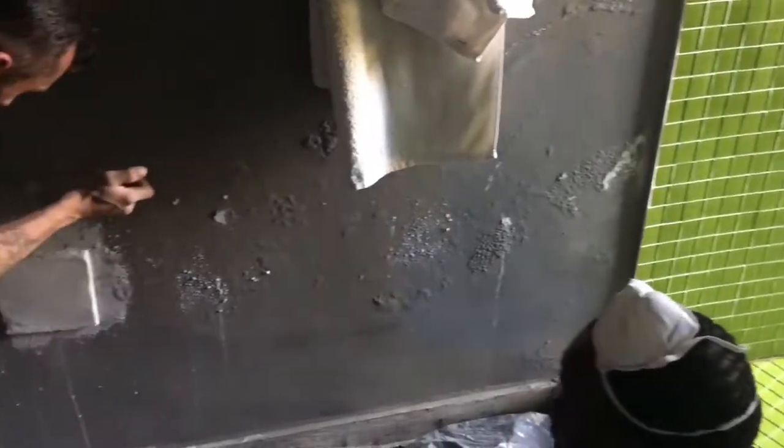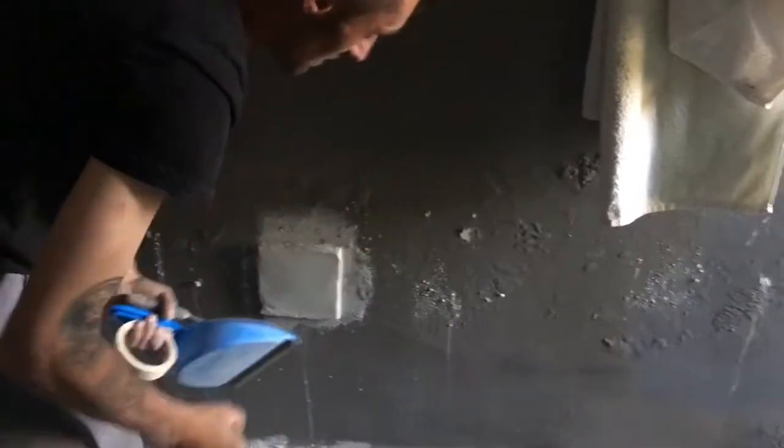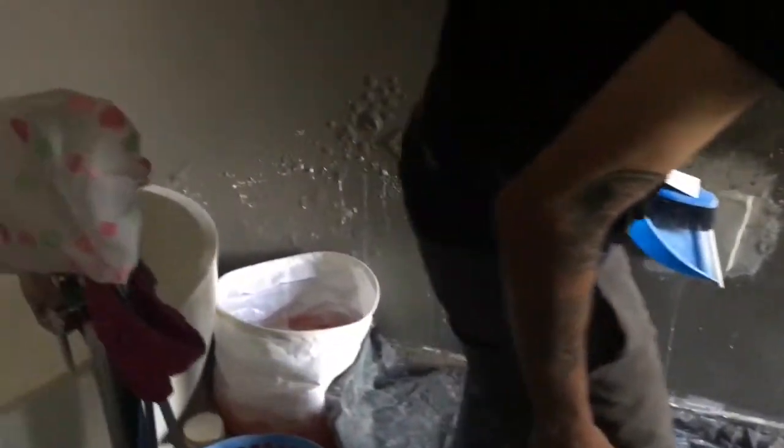So much water. I think this is the first time I've met a house like this one. This is bad. This is the first one. Look here, watch here. See the water? Yeah. Check this one here. And this is